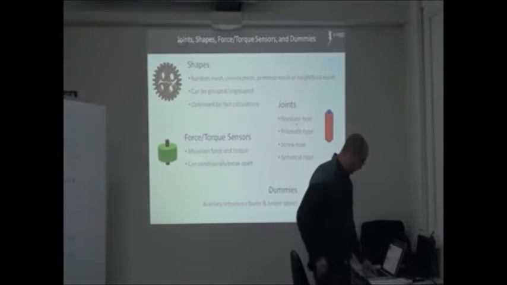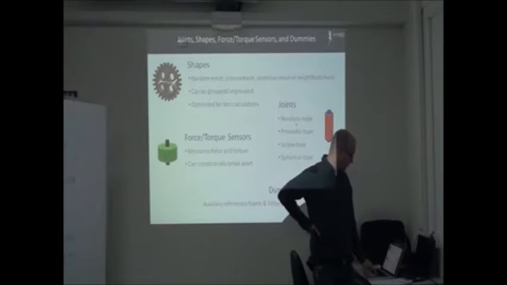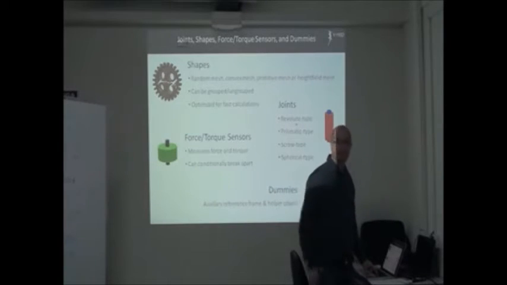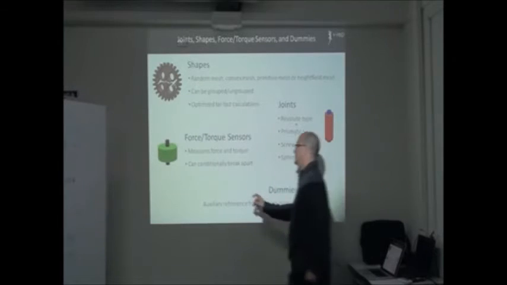I will show you how to access this help. Joints, I told you, those are motors or passive joints that can be revolute, so motors, prismatic cylinders, very useful for the design effort if you want to model some production line, screw type and spherical type. Force torque sensor to measure force and torque, and you can set, this is actually a nice feature,